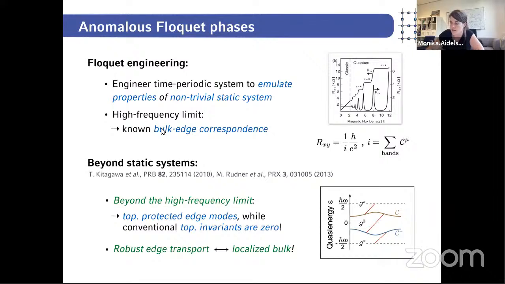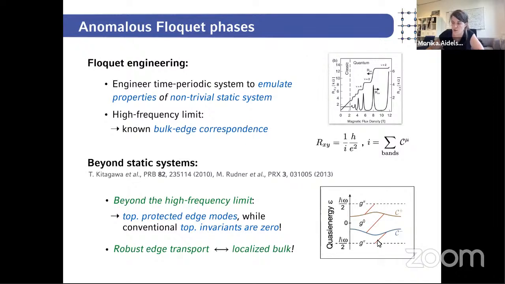And the reason why this can happen in a periodically driven system is that we have this extended zone scheme, or the quasi-energy spectrum, where the quasi-energy is only defined up to an integer multiple of h bar omega. So this point down here in the Floquet-Brillouin zone is equivalent to the one up here,